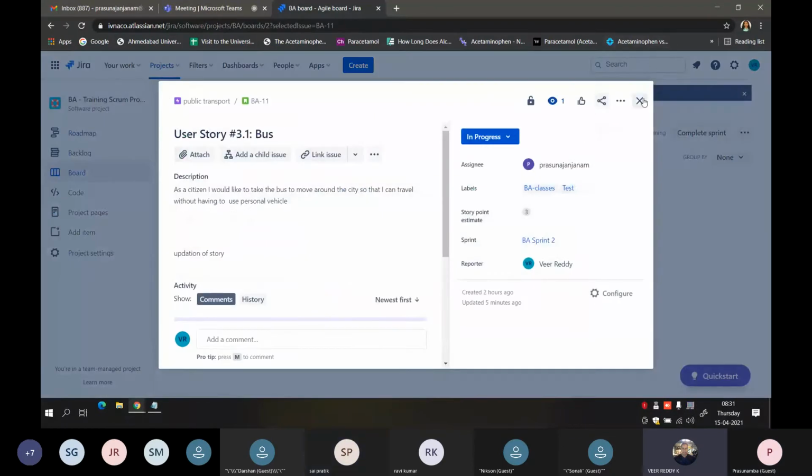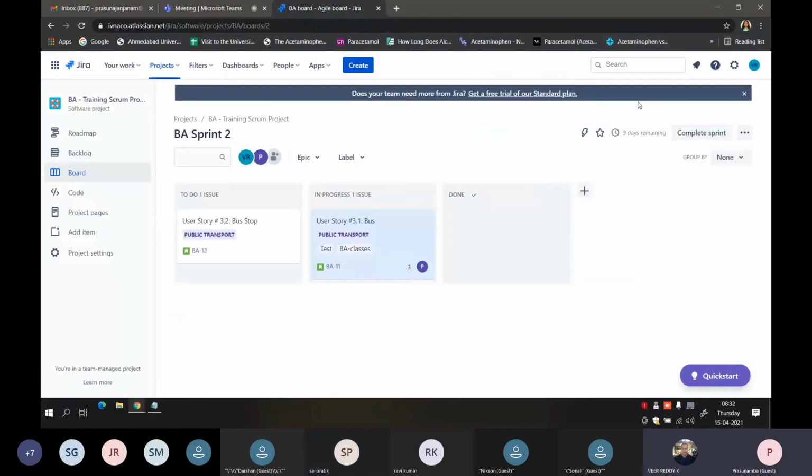See, madam, I just want to add one point here. Sai Pratik, when it comes to Jira, and everyone, I'll tell you one thing. Jira is an organization or project level tool. In the company, when they want to implement Jira for their projects, first of all, one admin team will be there.